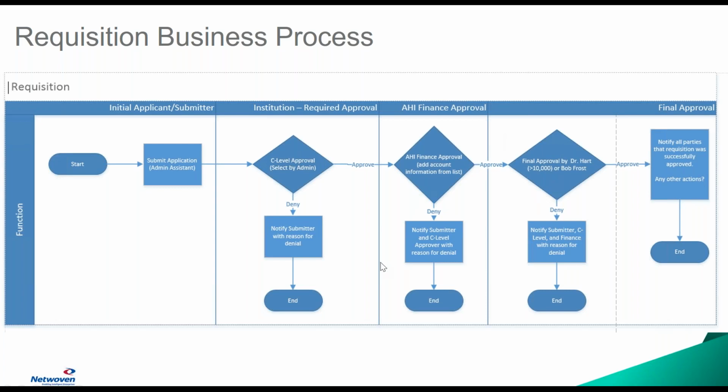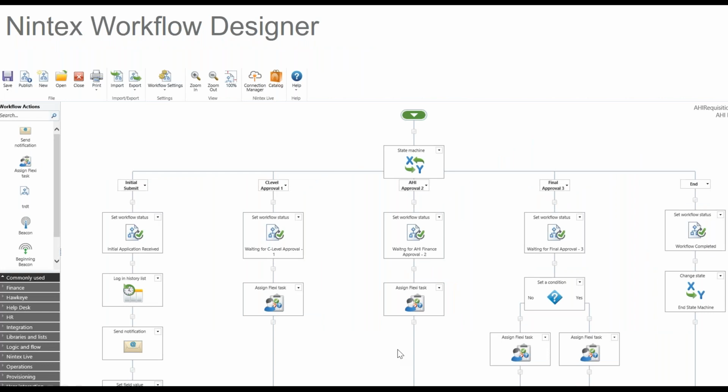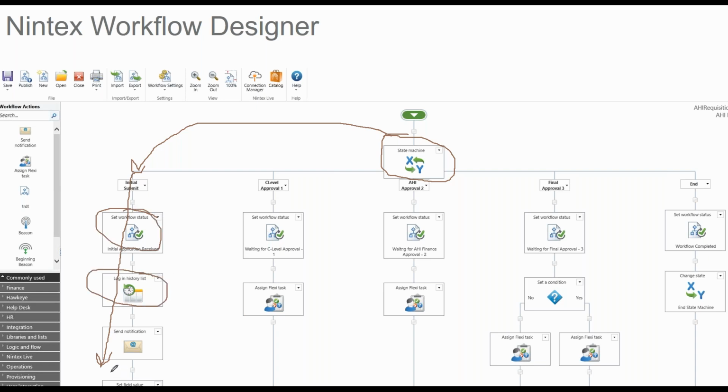The next slide I'm showing you is the actual workflow for that process. And the way it works, and I want to bring up a pen, is that when the workflow starts, this thing called a state machine is set to an initial state. The initial state in this situation is going to be initial submit. And so it's going to do everything down this branch. It'll go down this whole branch. It's going to do notifications. It's going to set some status so we get some information. It'll log some information. And then what you're not seeing at the bottom is that it's actually going to say, where do you want me to go next, using something called a